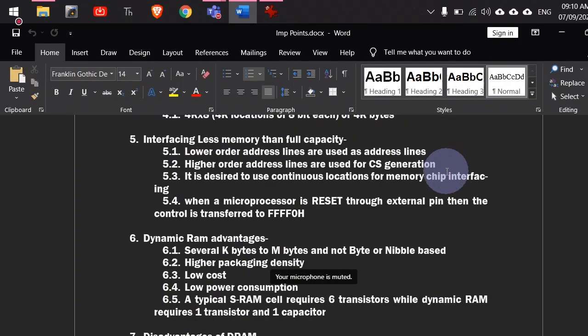Then the next point is interfacing less memory than the full capacity. As I have discussed earlier, for 8086 the maximum amount of memory that we can use is 1 megabyte. But since memory is costly, it is not recommended to use the full range if your work will be done in some smaller memory. So if you are using a smaller range of addresses to connect the externally interfaced memory,